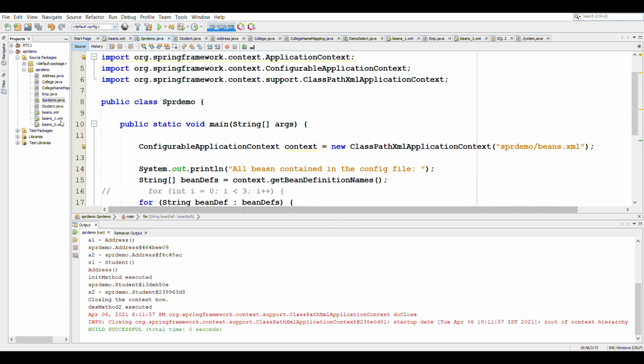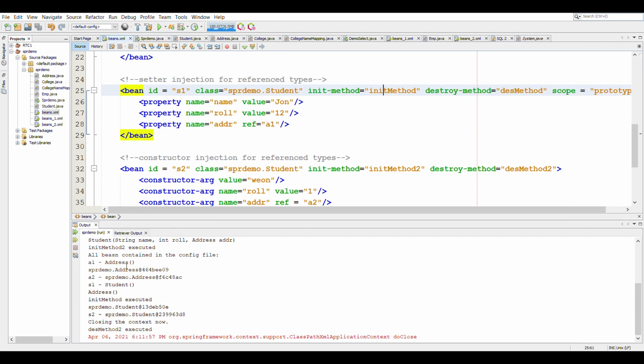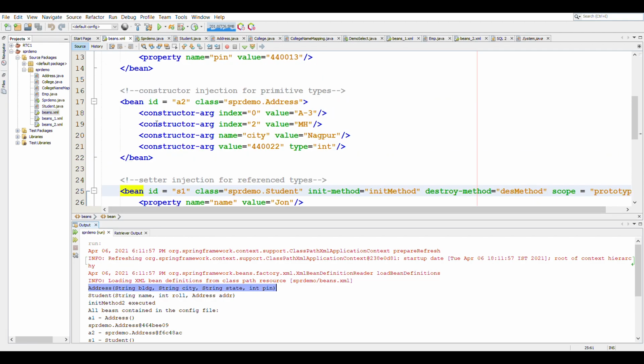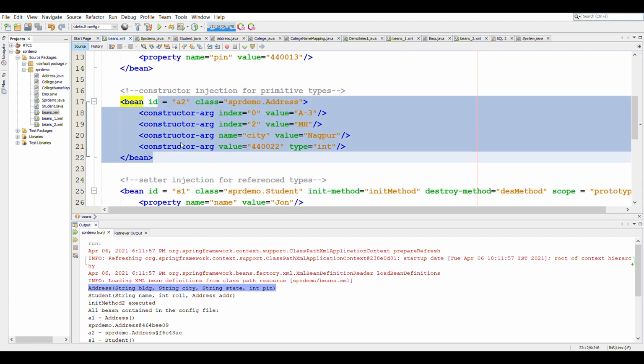As we can see in the output, the parameterized constructor for address has been executed, which means that out of all these beans, the bean A2 has been created, instantiated as soon as we have loaded the context. So as soon as we have loaded the beans.xml, A2 has been created first, and then in the next line,